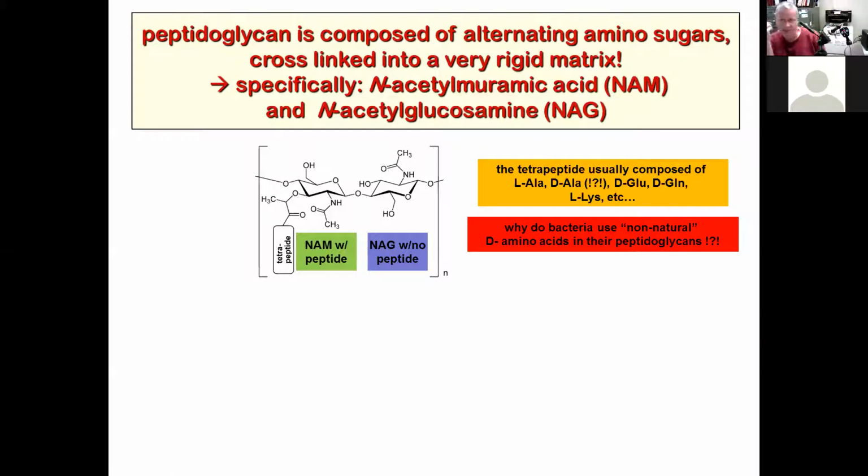I mean, do humans regularly use D amino acids? We're kind of based on L amino acids, right? You guys heard that story before? I don't know. Why would D-ala be used as opposed to L-ala? Any guesses? So